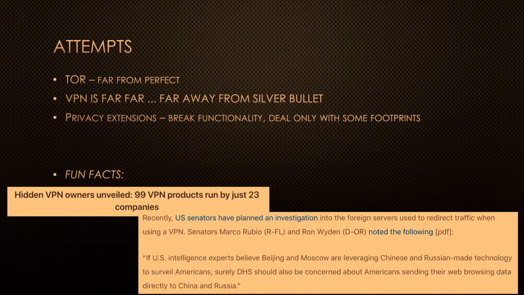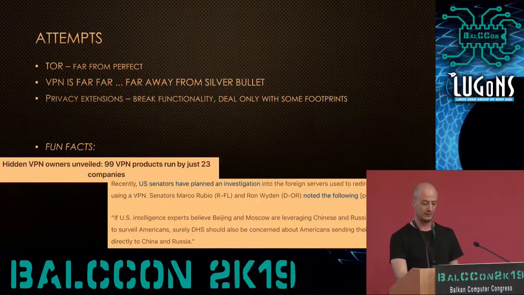Here's an example with the US, where senators are discussing putting more controls on how citizens use VPN servers, because they tend to use Russian VPN servers. Once traffic is out of the United States, they cannot get to it, but foreign governments have that data and can abuse it and conduct state-wide attacks and so on.